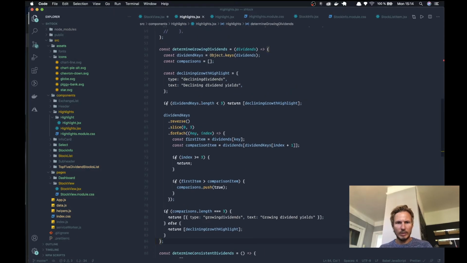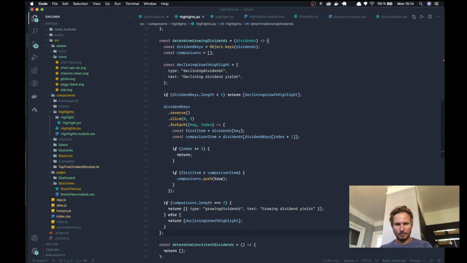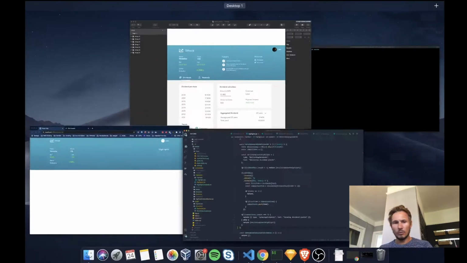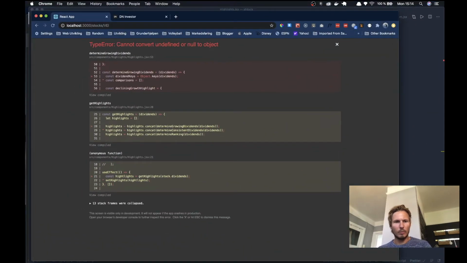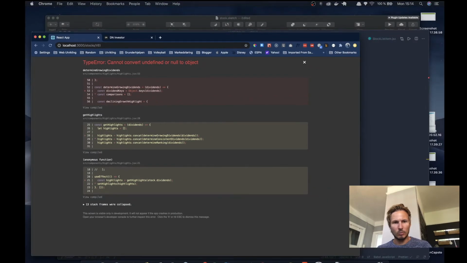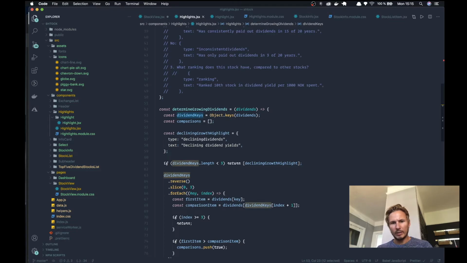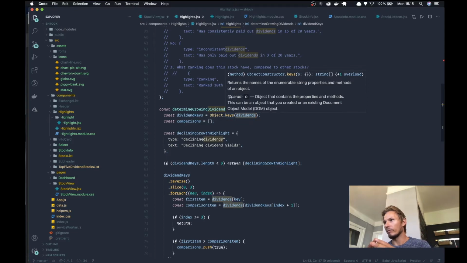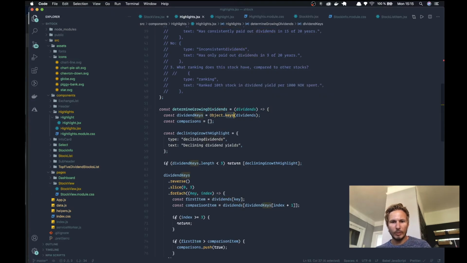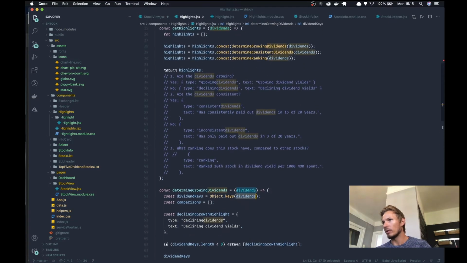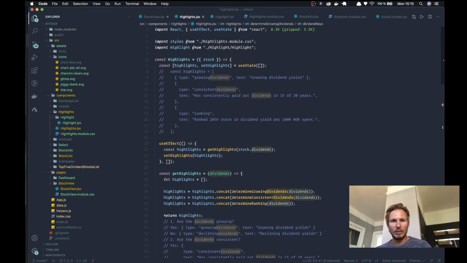So let's hit save on that. And we'll go ahead and check out what's going on in our browser. And we have an issue because we cannot convert undefined or null to an object. All right, so what's going on here? So we're trying to access the dividends and turn a property of the stock into an array with keys. The problem here is that once this component is actually mounting, the stock object will be an